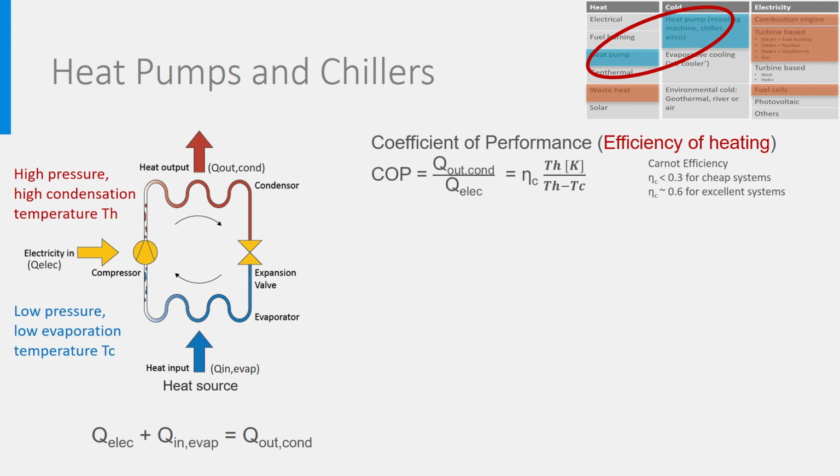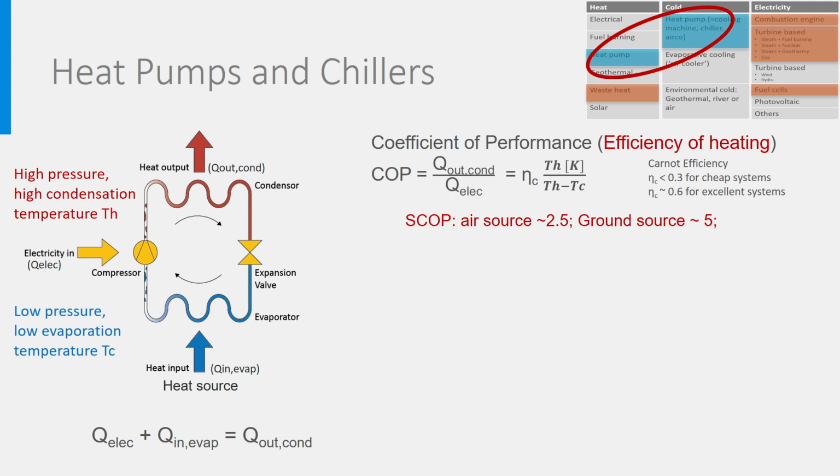The smaller the temperature difference Th minus Tc, the better the COP of the heat pump. That is why heat pumps perform better with low temperature heating like floor heating and high temperature sources, ground rather than cold outdoor air. See here some typical seasonal average values of COPs called SCOP for different heat sources.